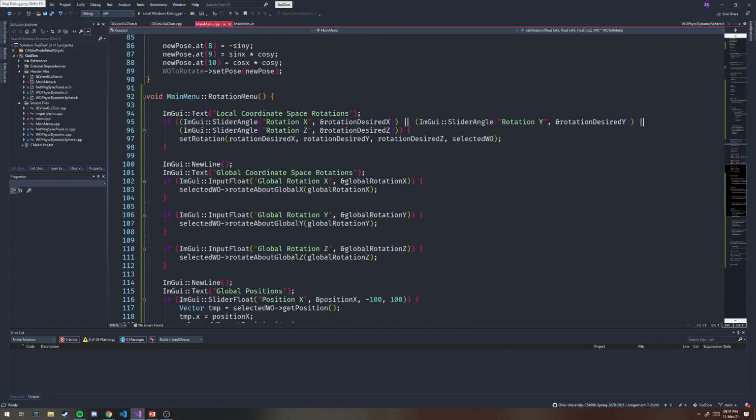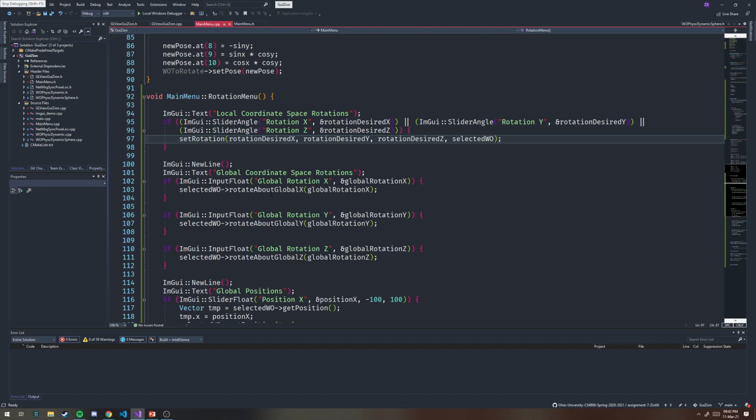The rotation menu, I did this. I probably didn't need to, because it's unlikely that two sliders would be manipulated in the same frame, but I wanted it so that if there were two sliders manipulated in the same frame of rendering, it would only set the rotation once. That way we're not getting into order of rotation. I didn't want to have to think about that. So I just wanted to have all of the angles done when we called the set rotation function. I wanted to make sure they were all done being set before I called it, so I just did it